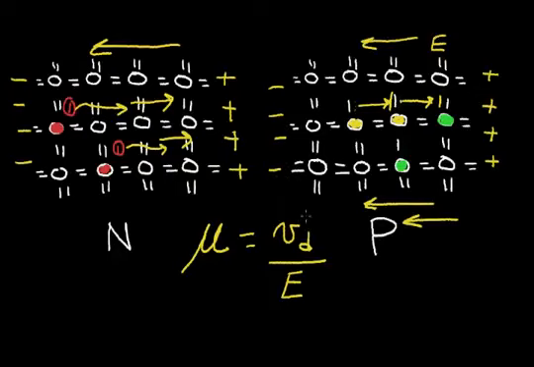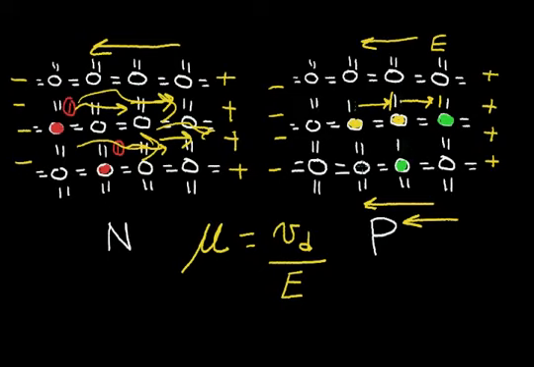Now, I'm going to ask you, what type of silicon would you think would have the highest drift velocity? Well, if I were to guess, looking at these electrons in the n-type silicon, they're free to move about. They can move in any direction. They're kind of free objects, where the motion